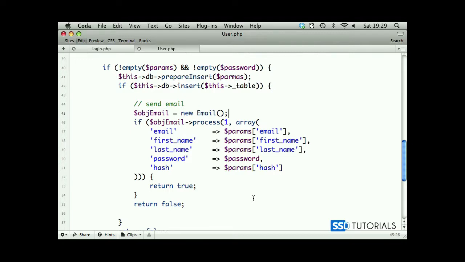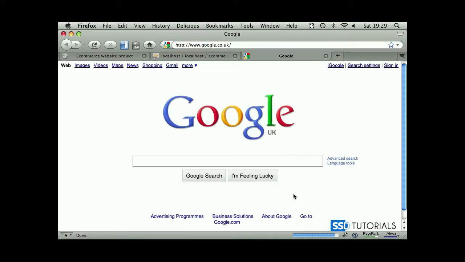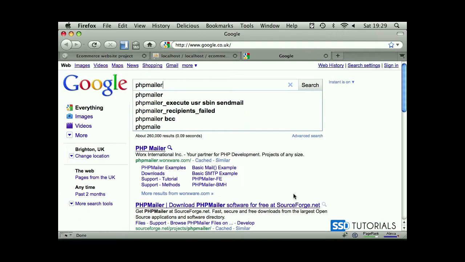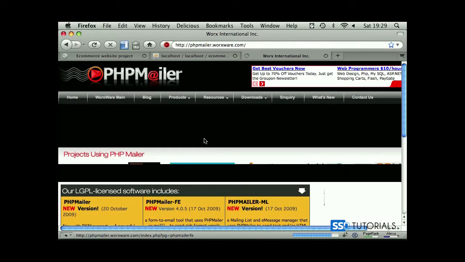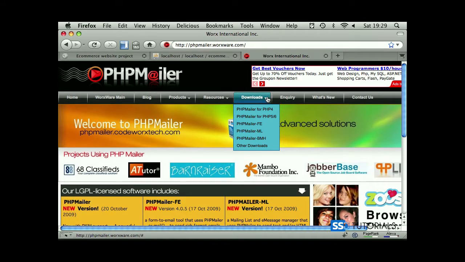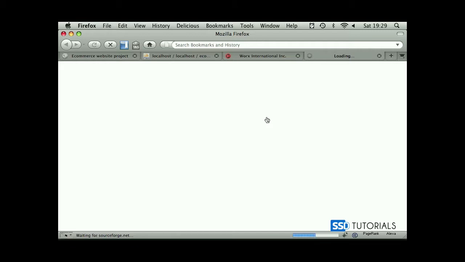To process all of our emails, we will be using PHP Mailer, which we can download from one of the websites. If we go to our browser, go to Google and type in PHP Mailer, the first link you're gonna get is phpmailer.worksware.com. If we click on this one, now at the top you have downloads. We're going to be downloading PHP Mailer for PHP 5 and 6. So if we click on this link,